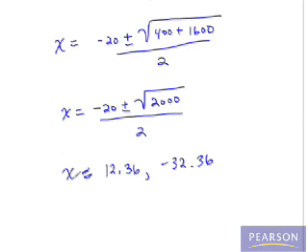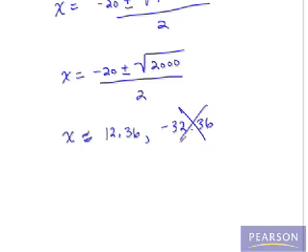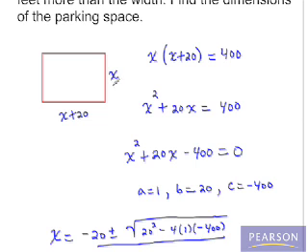We cannot have, remember what x is referring to, the width of the rectangle, which we know cannot be a negative number. So that extraneous solution we eliminate. So we have the width of the rectangle being 12.36 feet, and then to get the length we'll add 20, giving us